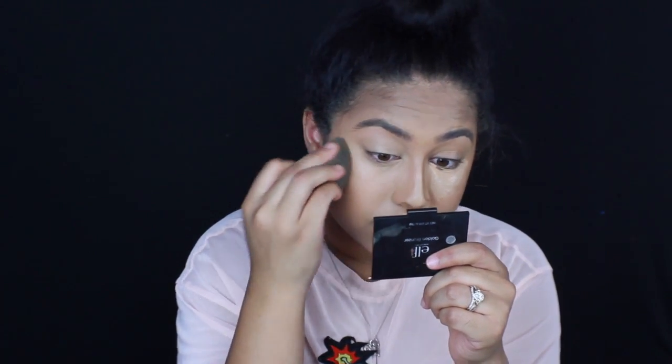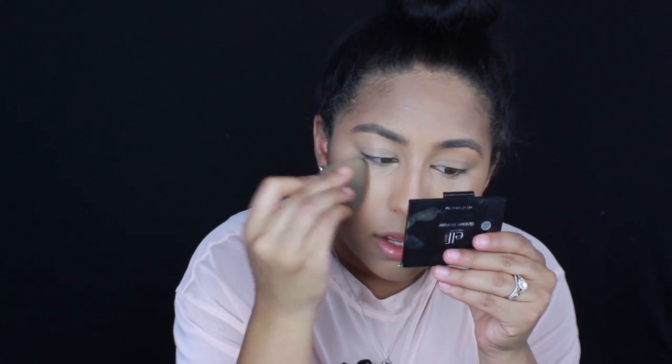It feels like I'm wearing nothing. That's the crazy part. Take that over my eyelids to prime my eyelids. I don't know if I want to actually do an eye look. I'm not sure. First of all, this looks so good. Again, I don't know what it looks like on camera, but in person, it's like